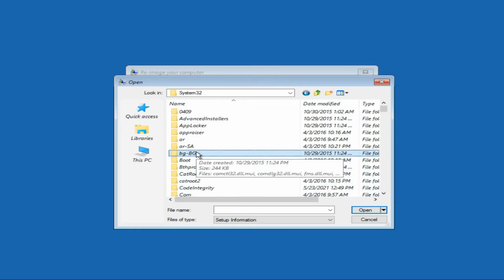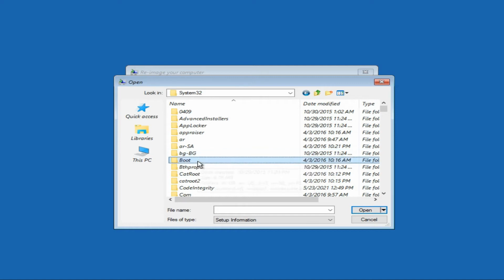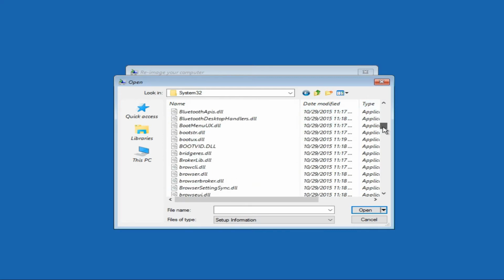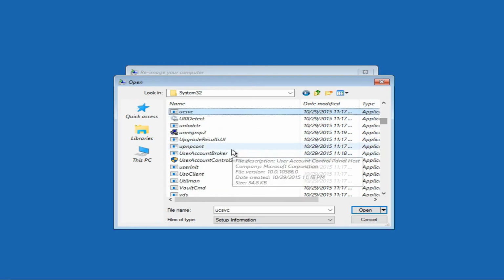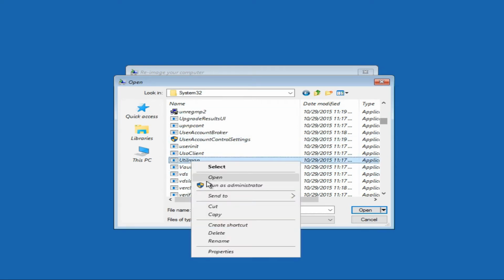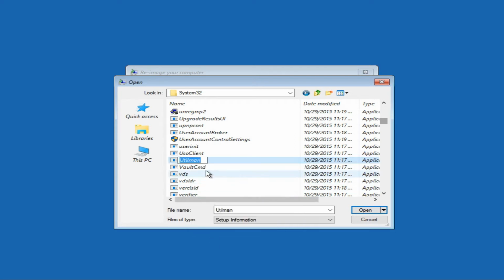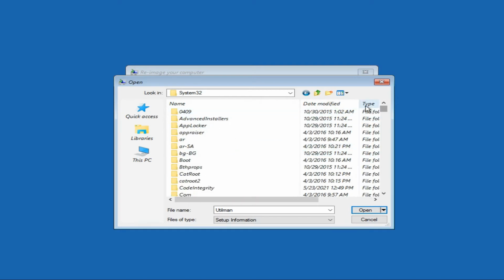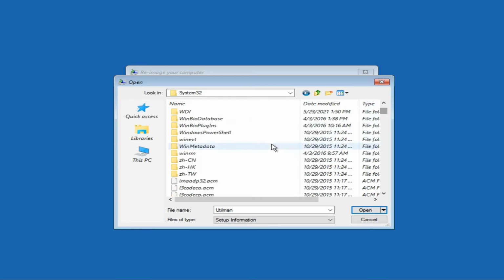Here in System32 you have to change two file names. First is utilman.exe. Utilman.exe is here. See, rename it utilman1. Enter and refresh it. Again, the second file is cmd.